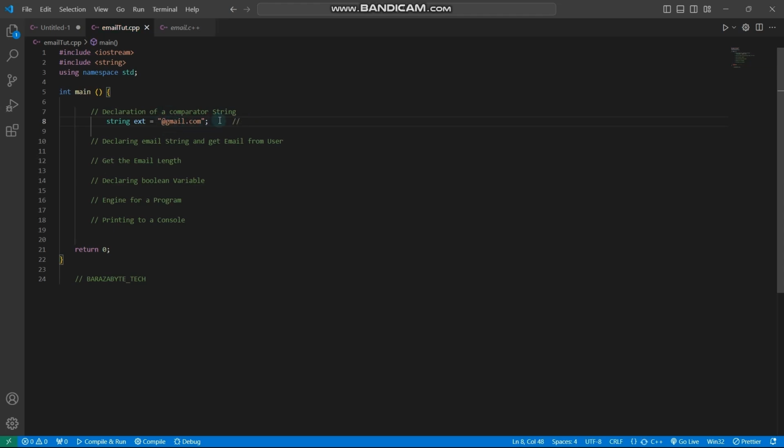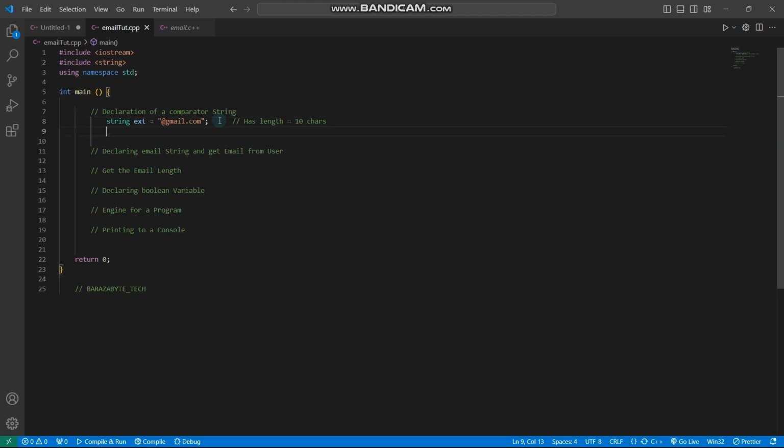So if you count, you'll find it has 10 chars. Let me write a comment here: length equals 10 characters. Simply chars, yes, chars is enough. And then I declare a variable int k and assign it a value of 9. This 9 is from the 10 characters, which when counted as an array, when you begin with alt as a position